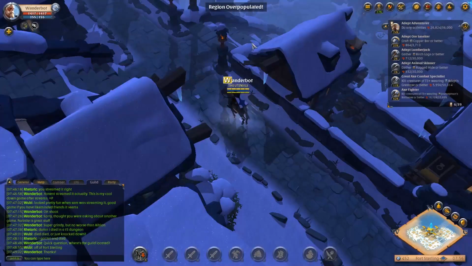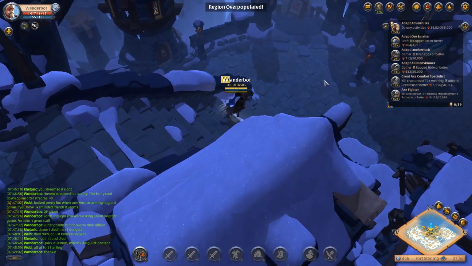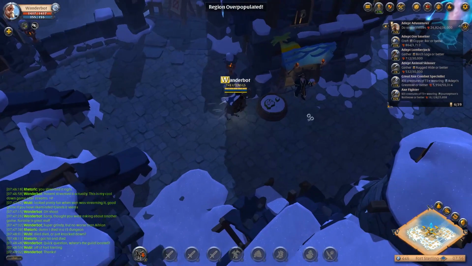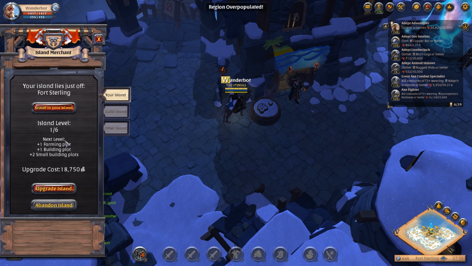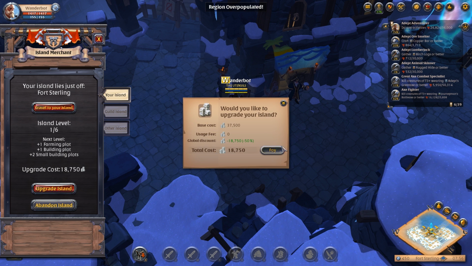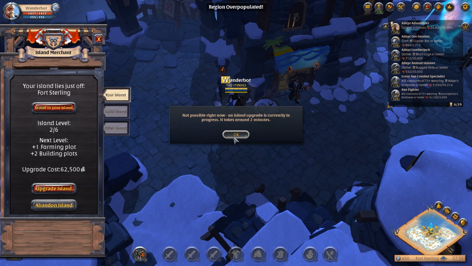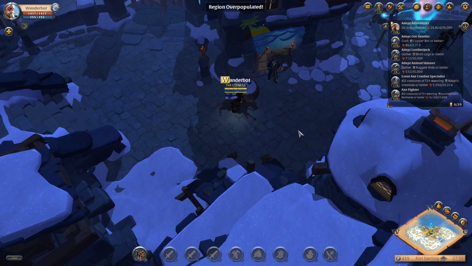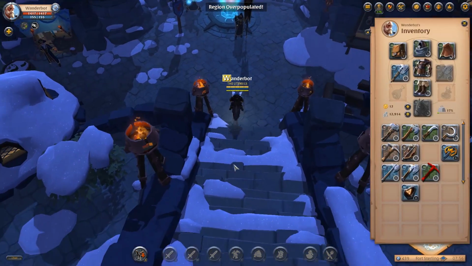Okay, well, I guess first order of business. Let's go buy ourselves that island. There you are. Purchase an island. Yes. Okay. Upgrade the island. Sure. The rest is going to be expensive, but I can do some things. Let's travel to my island. Oh, it takes about 2 minutes. Well, never mind. I mean, honestly, I can probably make use of the...